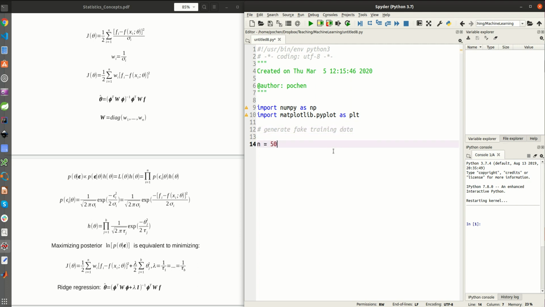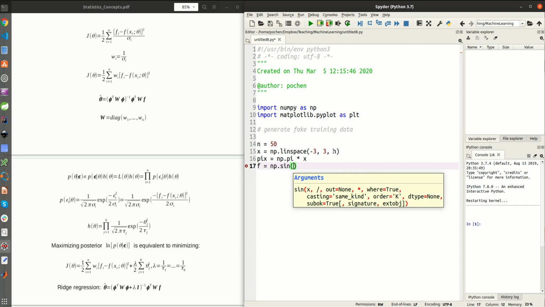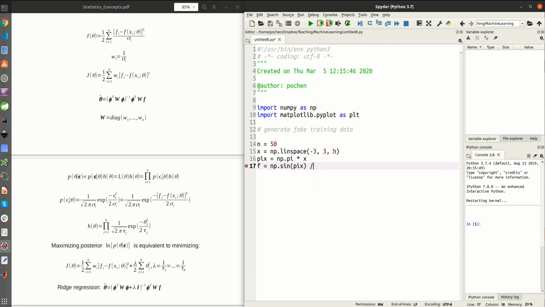Again, we're going to use n equals 50 points, and x is going to equal np.linspace from minus 3 to 3 with n points. Then pix is going to equal np.pi times x, and our fake label y is going to equal np.sinc of pix, which is sin(pix) divided by pix, plus 0.1 times x plus